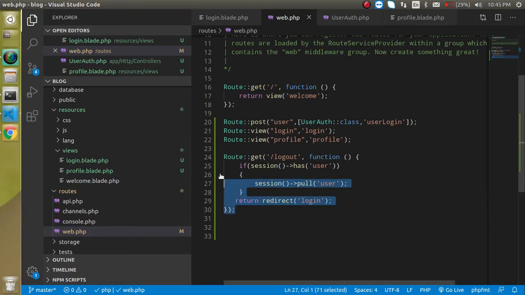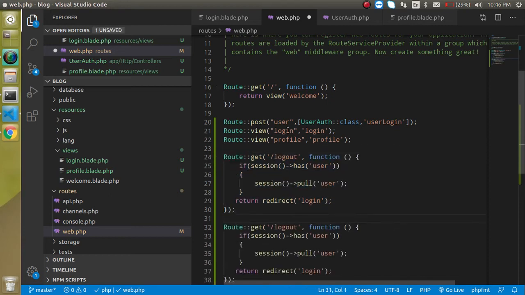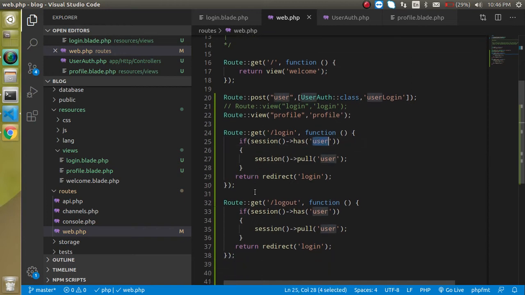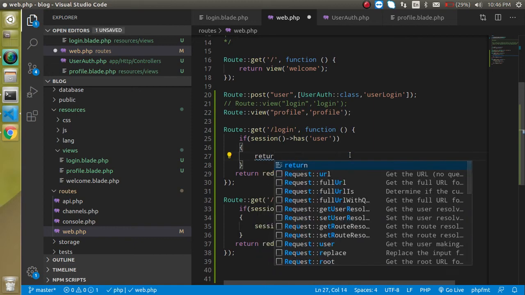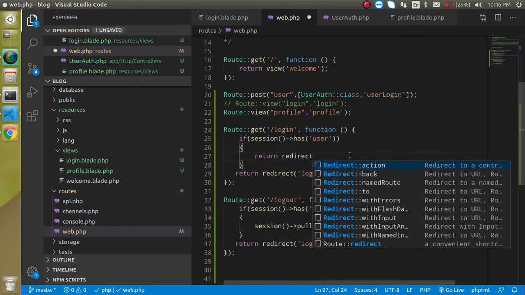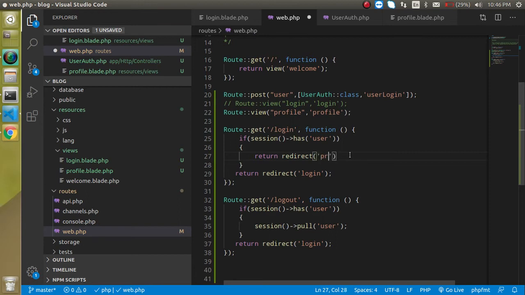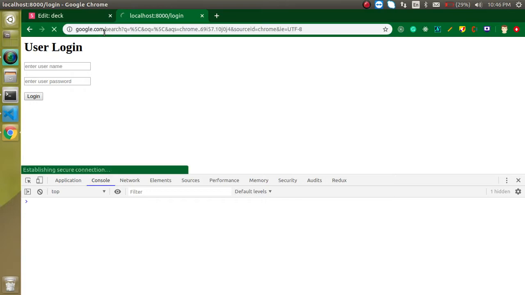So a similar thing we need to do here. So let's do the same thing for the login page also. So let's just remove this path here. If we are on the login page, then we will check if the user has a session, then it will simply redirect me to the profile page. Otherwise it will just take me to the login page, right? So now that's great. If now okay, my bad,